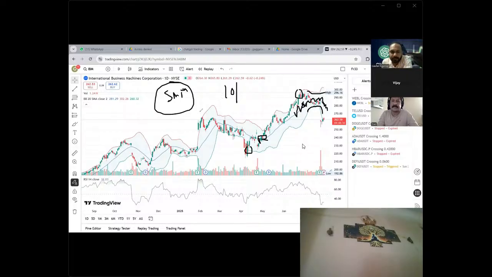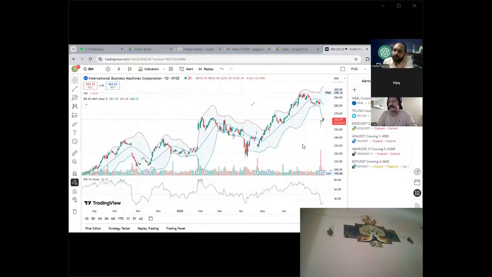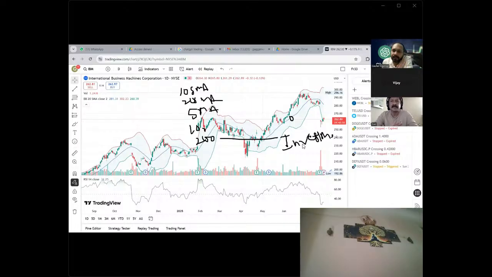Apart from this 20 SMA, which you can use individually, you can also use the 10 days moving average. The 20 days is already available in the Bollinger Band, and then the 50 days moving average. The 100 and 200 are important moving averages too. For 1 day, use 200, and the 200 you can use for investment purposes. Whenever a blue chip stock is coming near the 200 moving average, you can buy it for long-term investment. But for me, it will mostly be day trading or scalping.